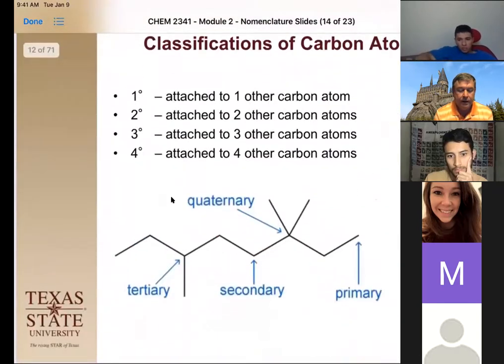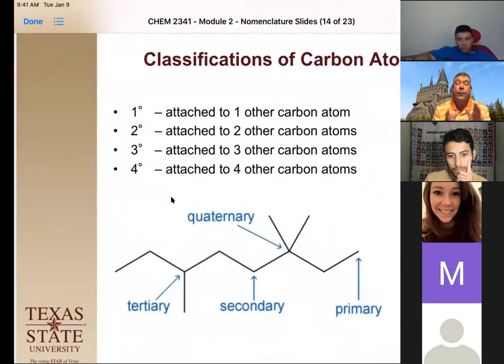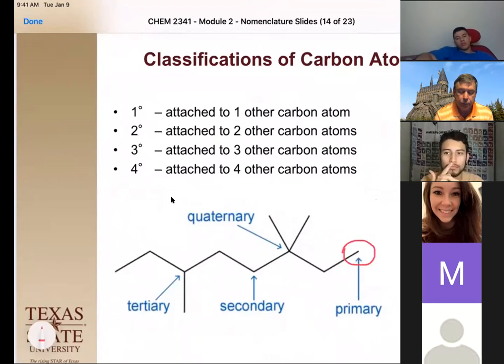Okay, thank you. Okay. So now that we have branching, right? We have these long straight chains, and we have branches, and we have a bunch of different ways to do it. We have to show that these different atoms, these different carbons have a different classification to them. And so when we look at a carbon that is only attached to one other carbon, okay. Now remember, when we drew those stick structures in module 1, if it has an end and an end, those are carbons, and the hydrogens are assumed, and that line is just that sigma bond between them.